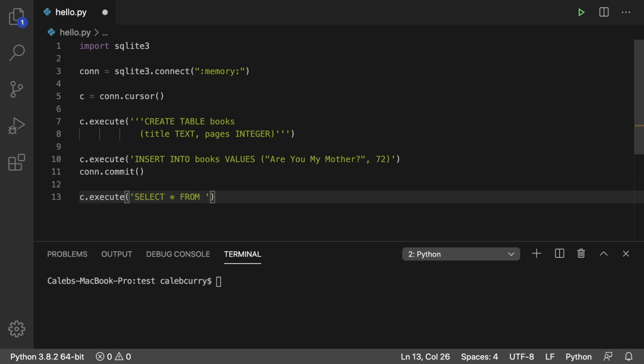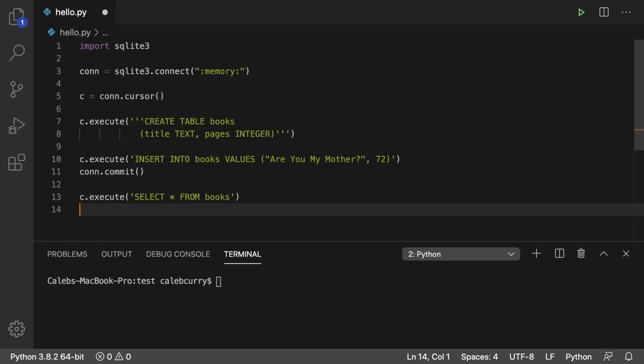So imagine we had numerous tables. We might have a table for authors, books, I can't think of anything else, but there could be numerous tables, so we need to specify which one. So we'll say from books. This is the most basic select statement. That's just going to grab everything. And then what you have to do is